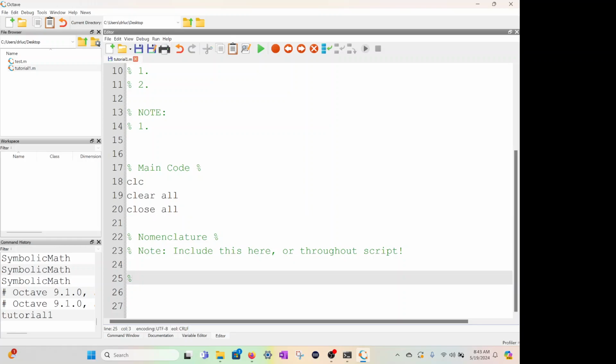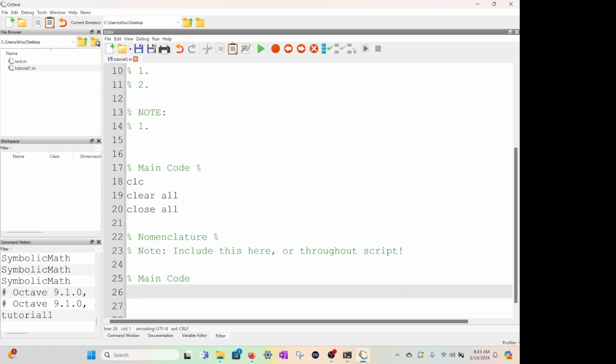So if you put a percent sign, that's a comment. And main code, and then hit enter. And then we're going to go back to the nomenclature, but let's just say L